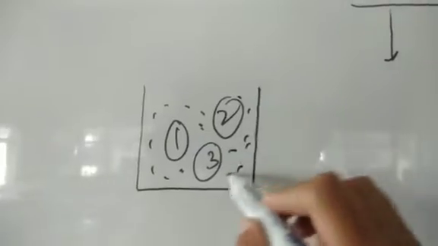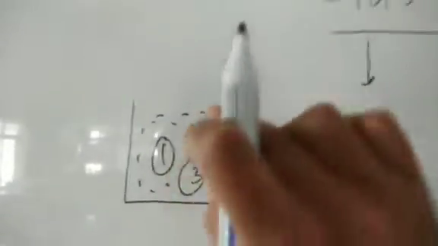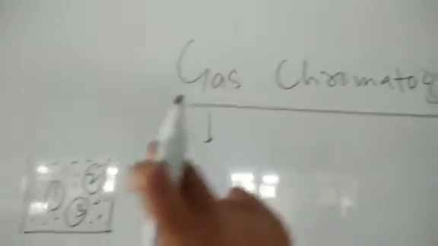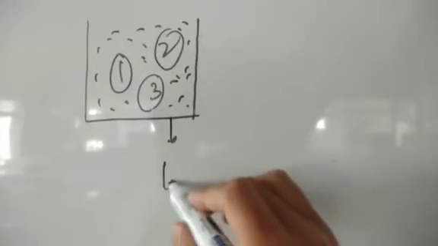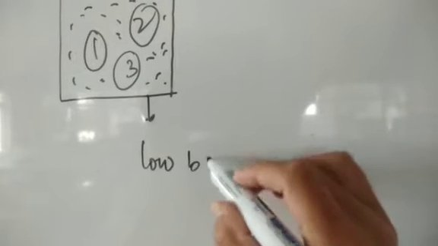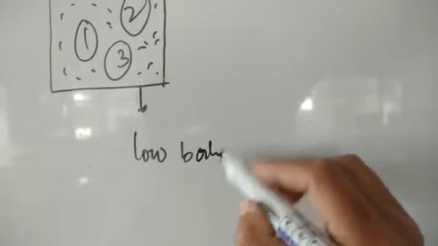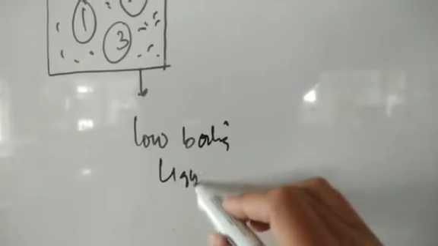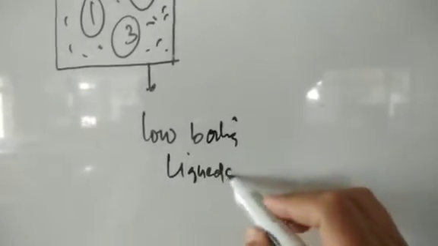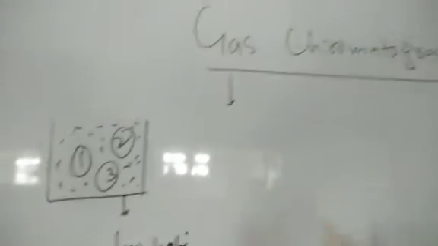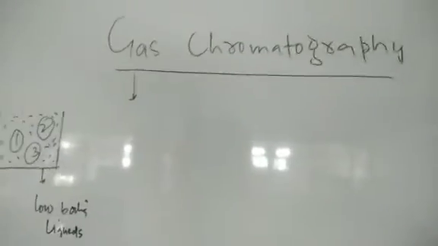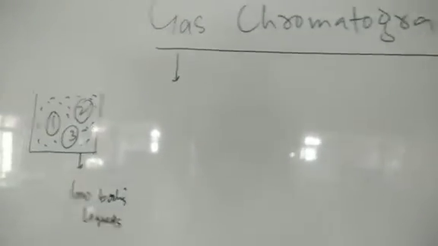This is our sample, the liquid sample. It's used this chromatograph technique for separating those molecules which are low boiling. They have low boiling point, very important. Low boiling liquids, or low boiling point molecules. जिनको easily हम वेपर स्टेट में कन्वर्ट कर सकते हैं, उसके लिए हम यूज करते हैं गैस क्रोमेटोग्राफी। फाइन।